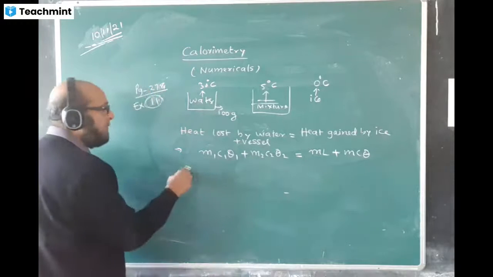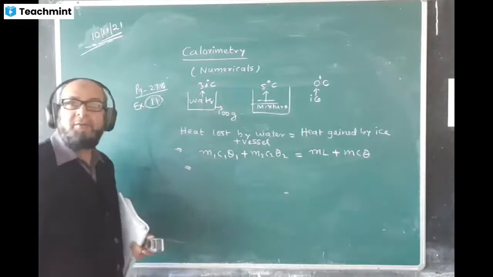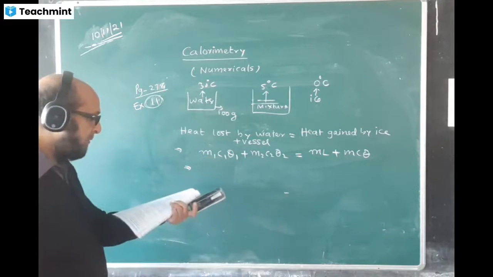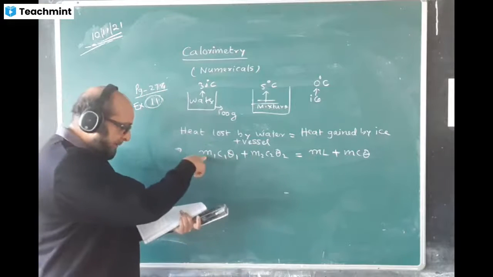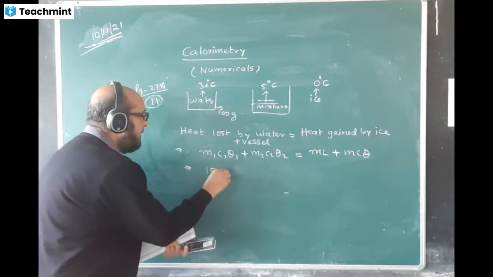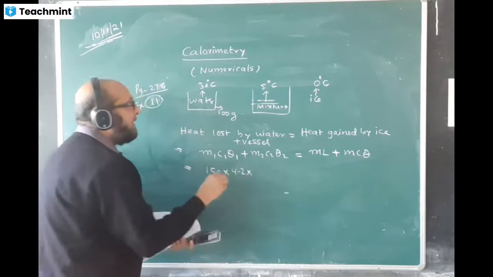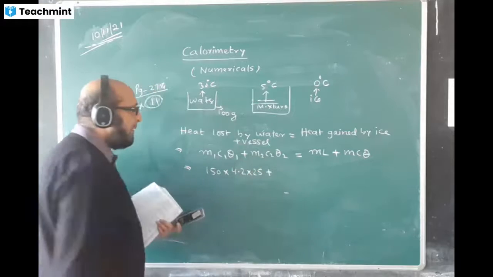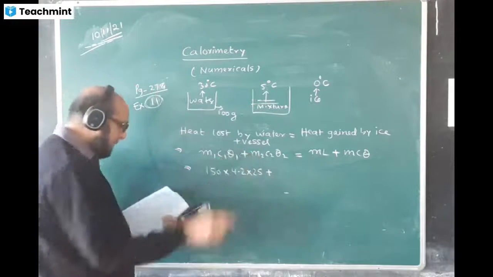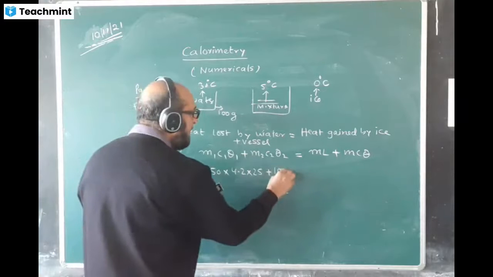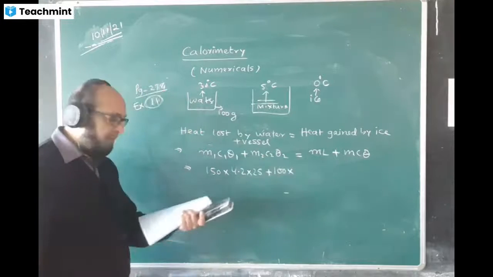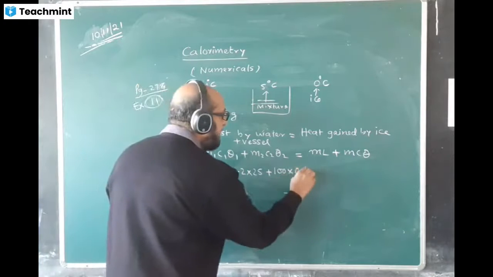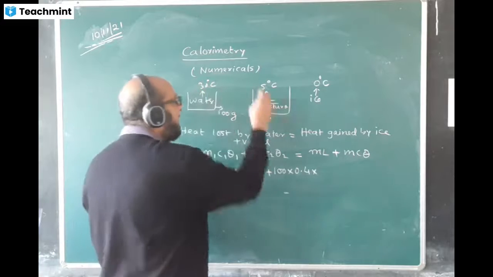Okay. Now, let us put the values. One thing is unknown here, and we are calculating it. So, first for water: 150 gram water, right? 150. SHC of water is 4.2. Theta 1, what is theta 1 for this water? 30 minus 5, 25. Plus M2, mass of the vessel is 100, into C2, means SHC of vessel. What is SHC of vessel given? 0.4. 30 minus 5. Yes, very good. For the vessel also the same thing, 30 minus 5 only, 25.